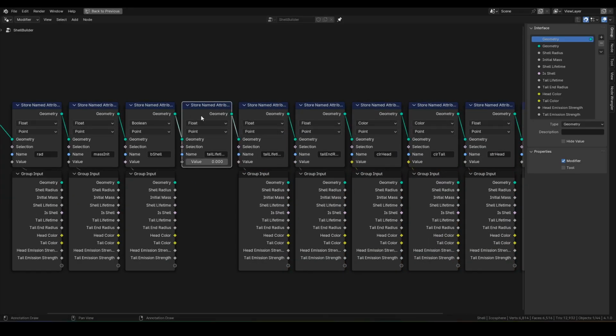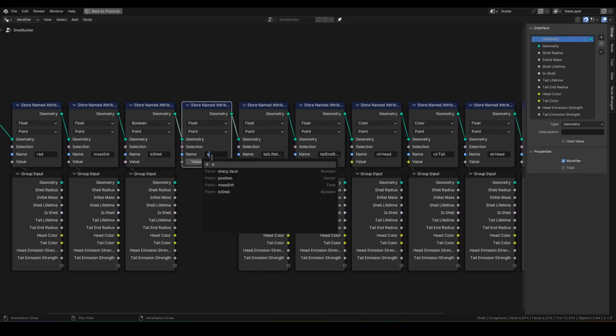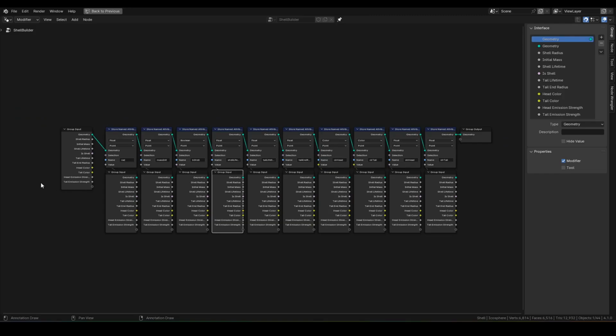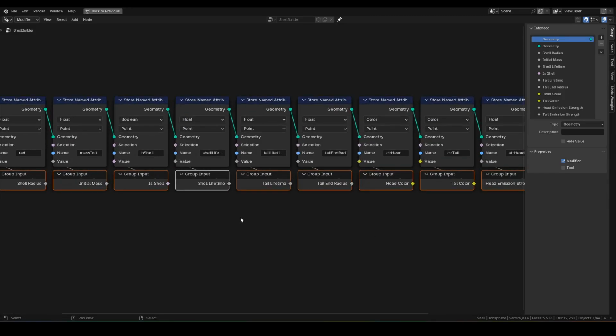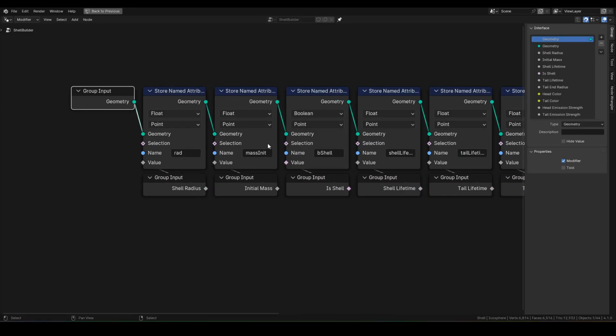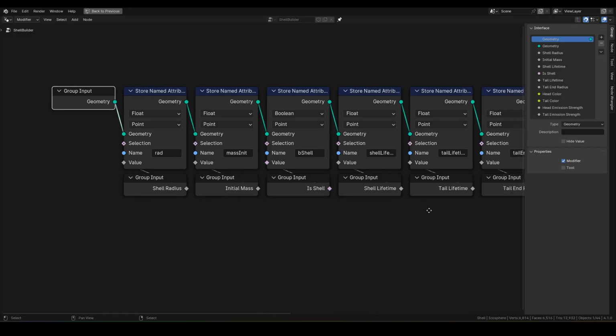Duplicate tail lifetime and rename it to shell lifetime. Connect its input to shell lifetime. Then select only the group inputs and Ctrl H to hide unused sockets. It's easier to check connection this way.